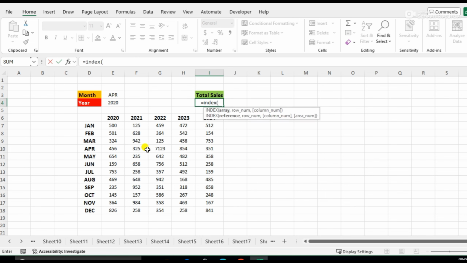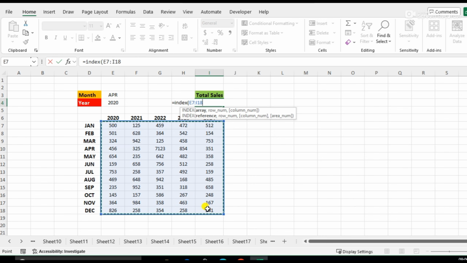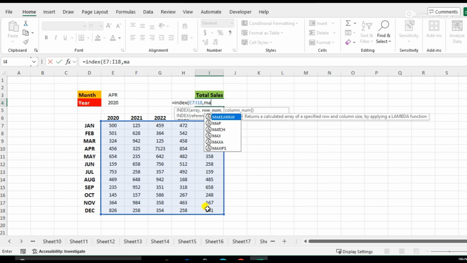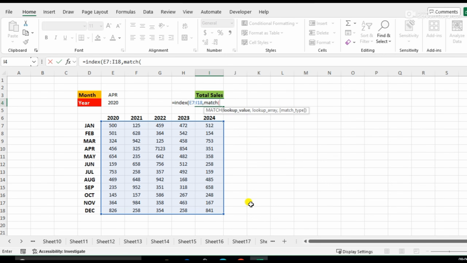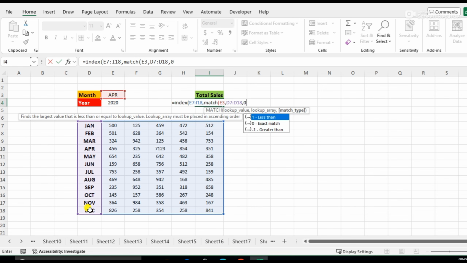bracket, and select the possible return values. This range we can select, and then comma, and write MATCH, and then bracket, and then we can select this cell, then comma, and select the months, all months we can select like this, and then comma, and write 0